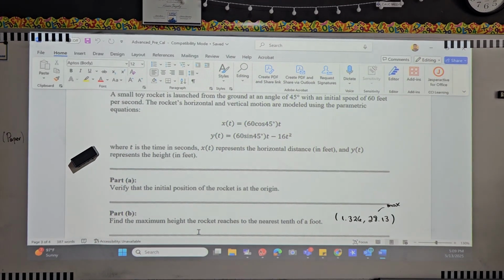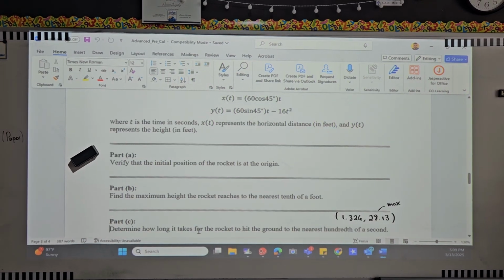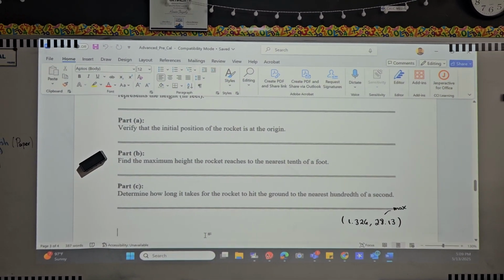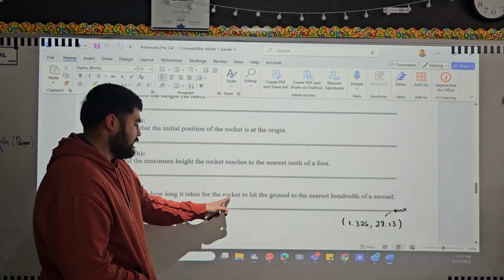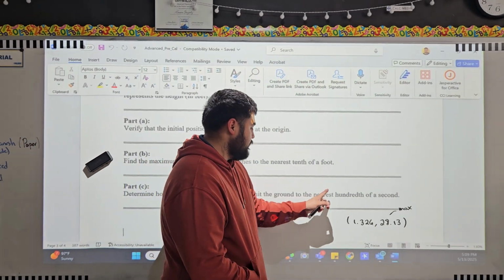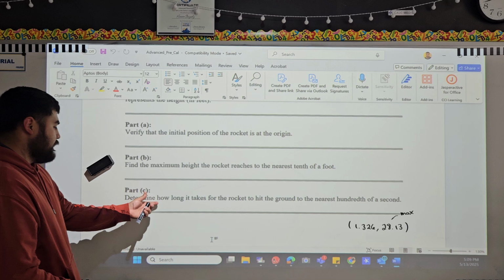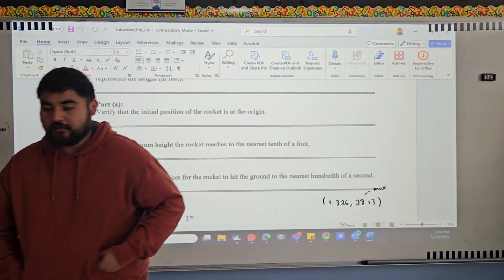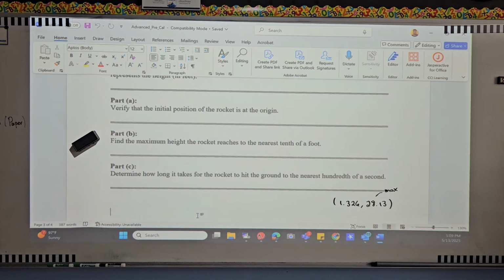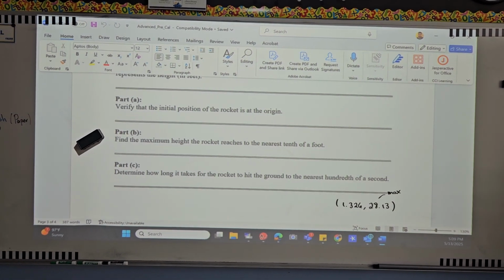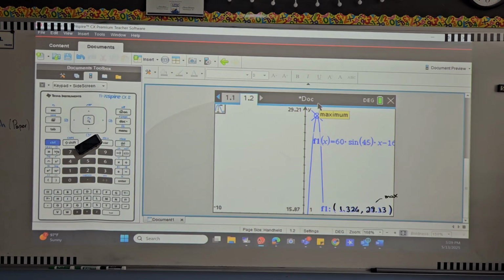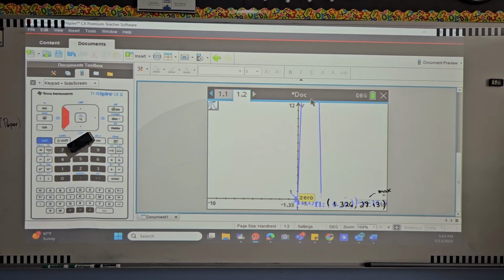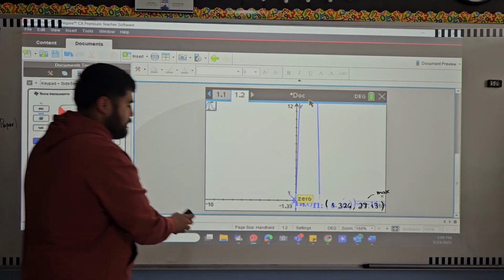The last portion, which is part C, literally, it tells you, determine how much time it takes for the rocket to start and hit the ground. So again, time, you're looking at your input. But I'm not going to use this one. What I have to do is go back to my graph. And literally, you already have the tracer open. So start it at 0. Alright? So if I started at 0,